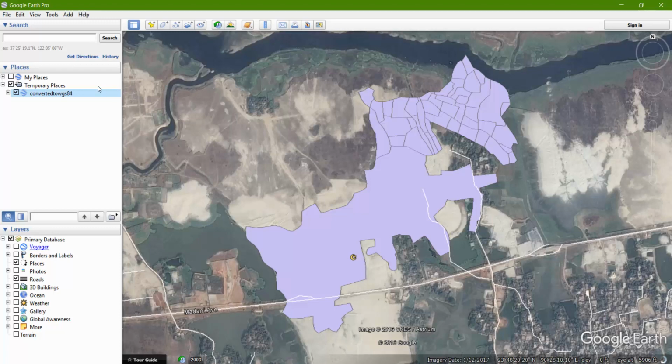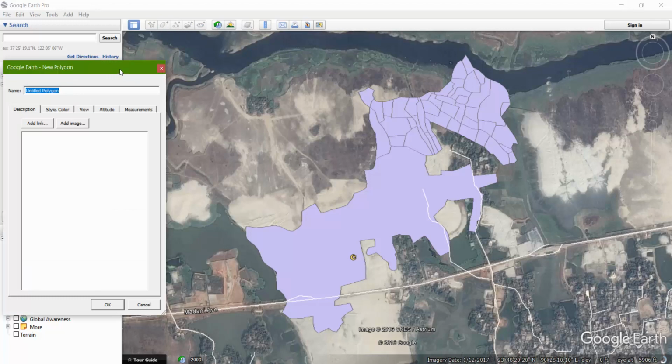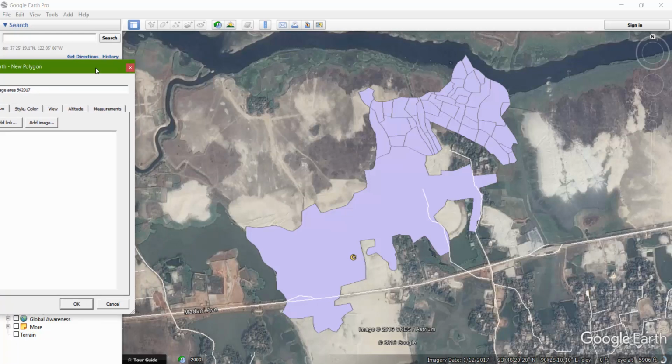Let's draw a polygon in here. Go at polygon and rename it like image area 9427. This is just today's date so that I don't mess up my thing. Okay, drag it inside and then